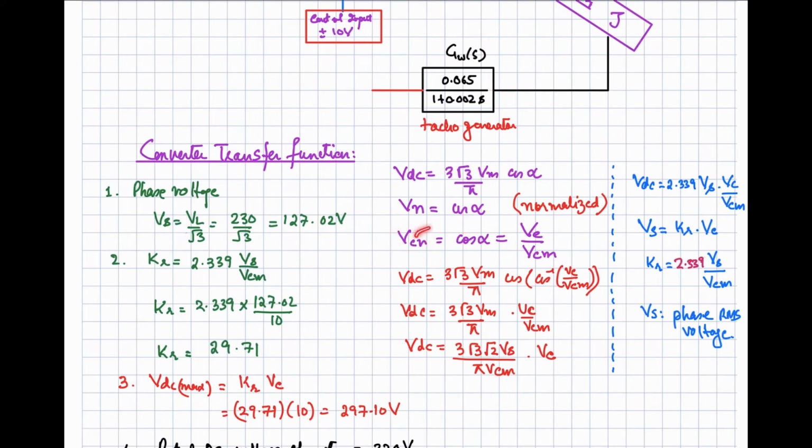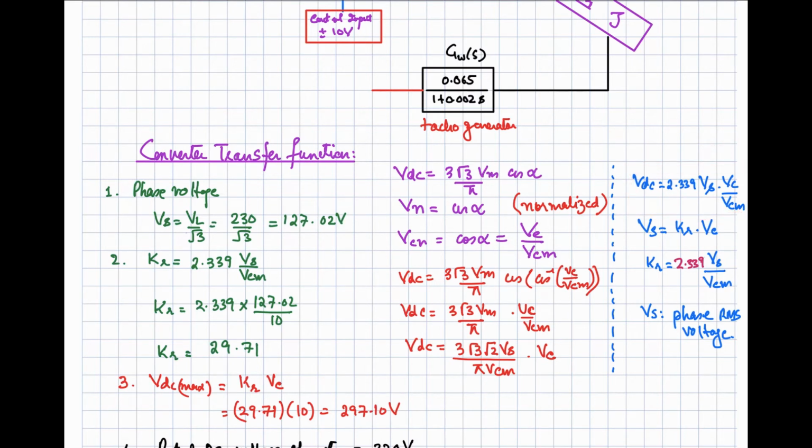And what is the normalized control voltage? Vc over Vcm, the actual value of the control voltage divided by the maximum value of the control voltage. So from here we can say alpha is equal to cos inverse of Vc by Vcm. Now defining alpha with this expression and then simplifying, we will be left with this one. So VDC will be equal to 3 by pi into root 2 into Vs. We are going to represent this with the RMS value of the phase, and simplifying we can represent it with this expression.